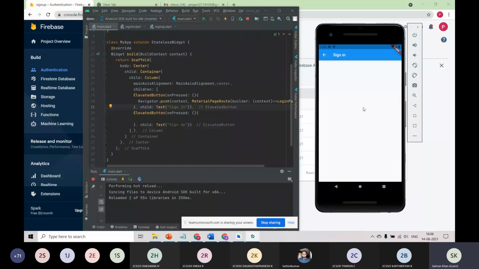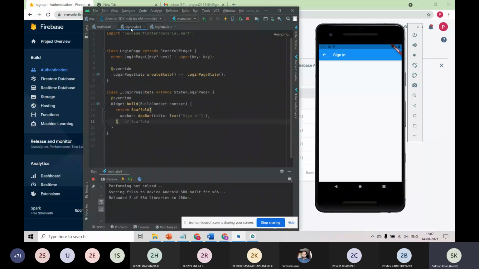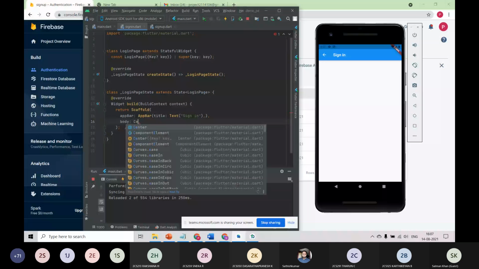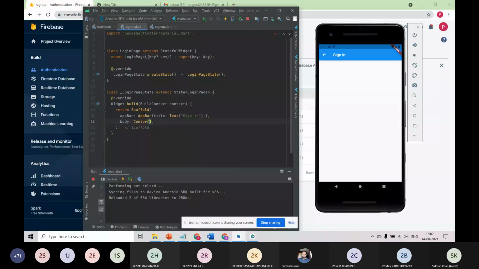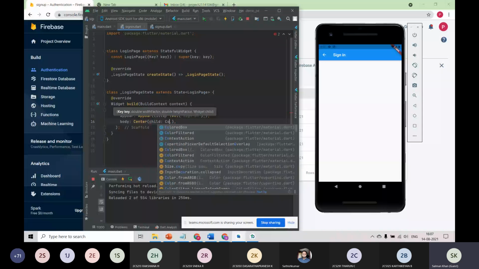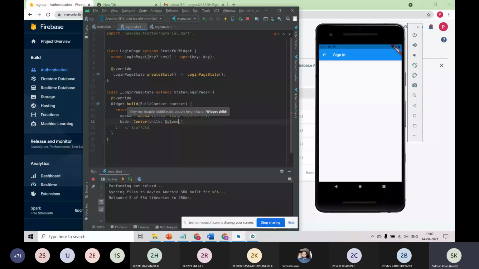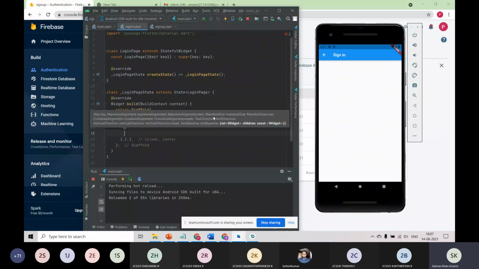And let me make a basic sign in page for you. So here also we will use columns because I want the user to enter his email and password to enter into this application.